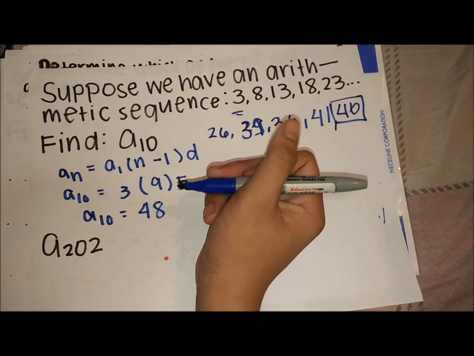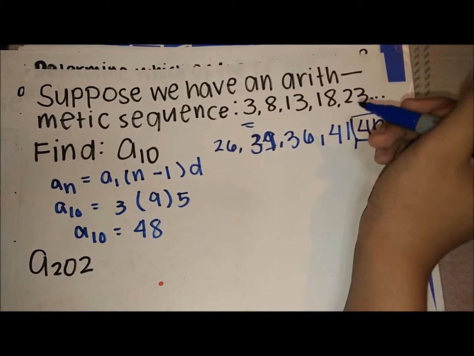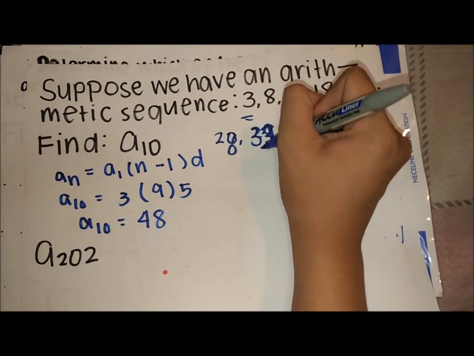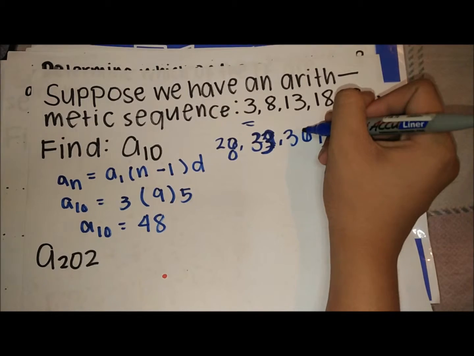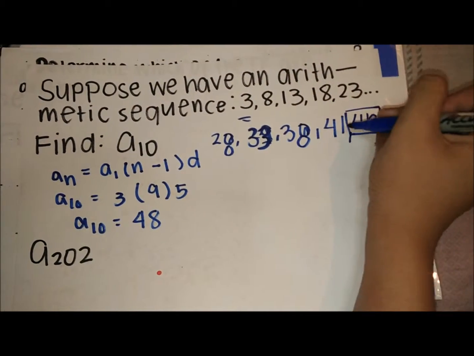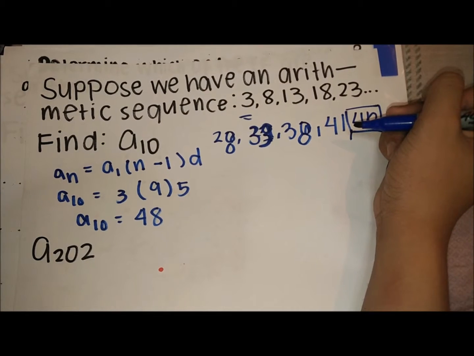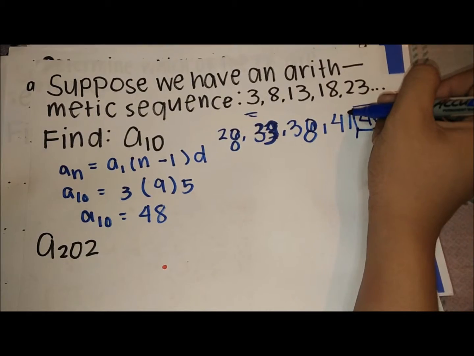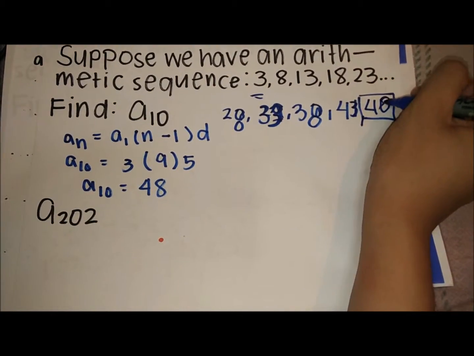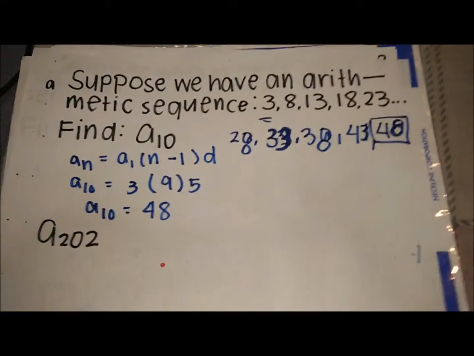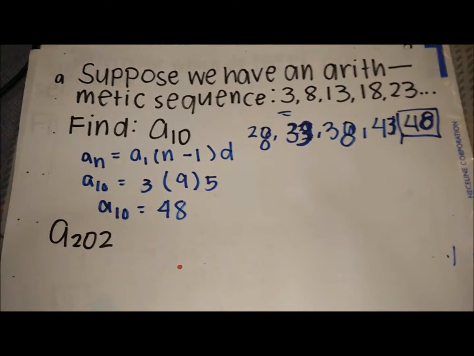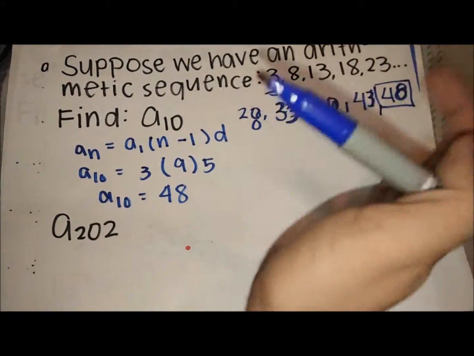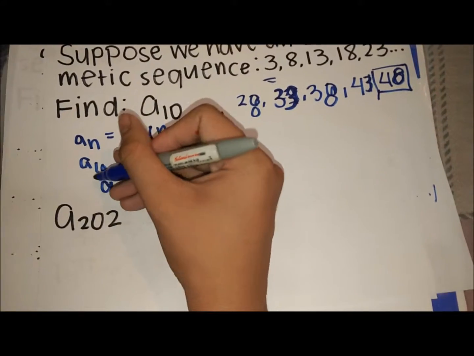Wait. Did I? Oh yeah, no. I'm so sorry. So 23 plus 5, this should be 28. Then 33. Then 38. Then 38 plus 5 is 43. And this is 48. Sorry, my mistake. I messed up big time. So yeah, if you're doing it algebraically and just small numbers, we could find that a sub 10